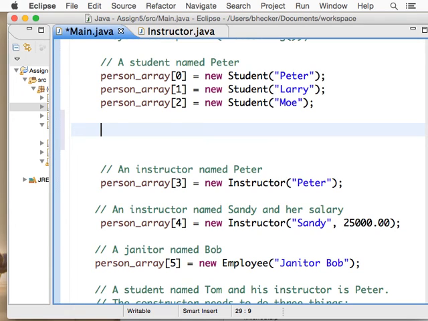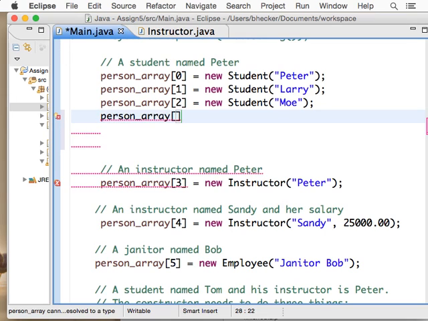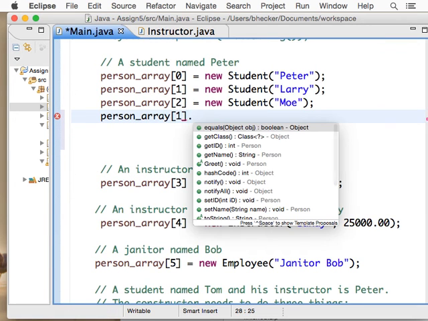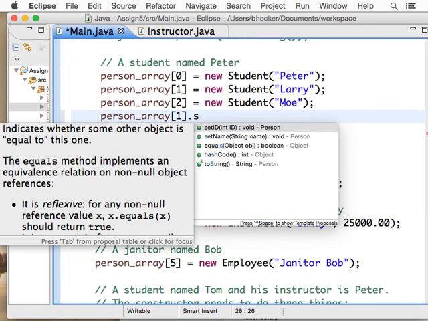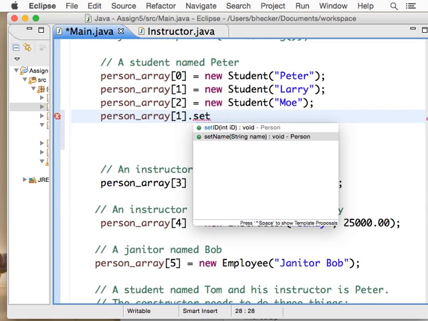Maybe I'll just do it for one of them. If you get this part, this is like above and beyond. Let's say, no, let's not use Peter. Let's go Larry, I, dot, set